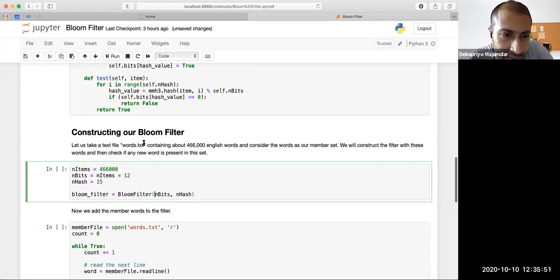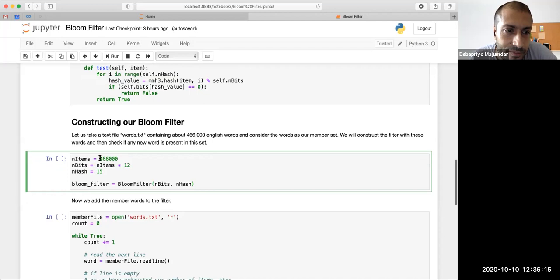I downloaded some words.txt containing approximately those many English words, and I consider the words as our member set. Then I will construct some new word and check whether this is one of my known words. That's how I'm going to synthesize testing. So this will actually come in handy for our estimate of the probability of false positive.